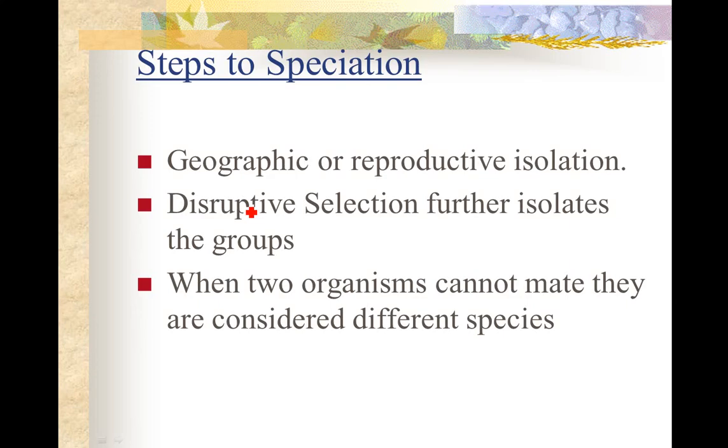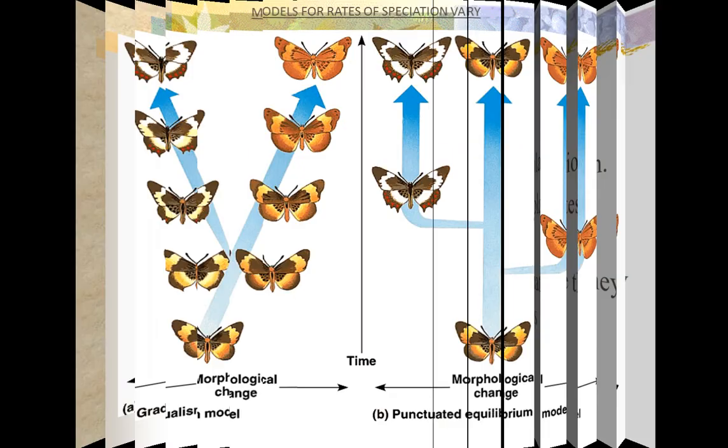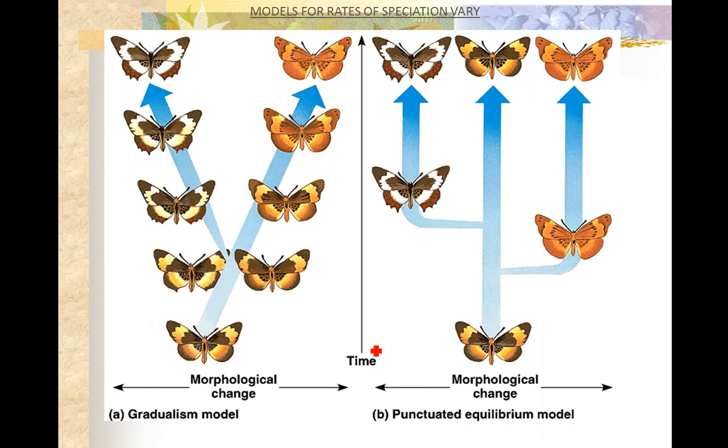So one last topic to close out this series: rates. There was the older model, which Darwin believed in. It would be gradual, a slow nip and tuck, versus punctuated equilibrium. Gould suggested this, and he passed away a couple of years ago. But the fossil record supports this. Population stays stable for long periods, and then there's a shuffling of the deck.